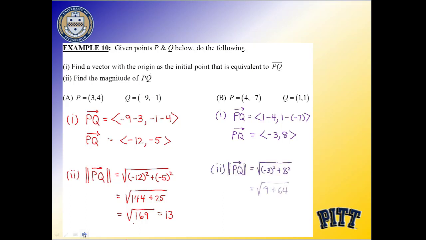Again, the magnitude is going to be done by doing the Pythagorean theorem on that. So I end up with the square root of 9 plus 64, which is the square root of 73. If I want to evaluate it further, I'd have to use an irrational number and approximate it, so that's a suitable enough answer. So we've talked about addition and subtraction. We've talked about scalar multiplication, which means that if I take a vector and multiply it by a single number,